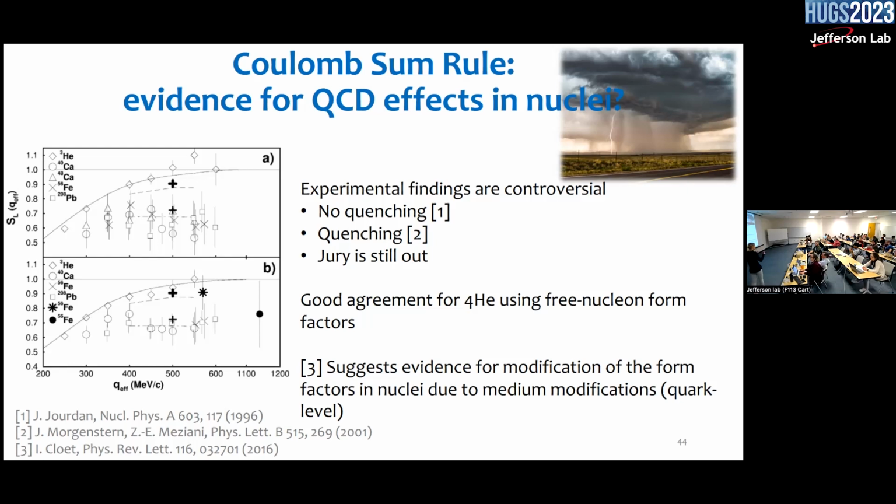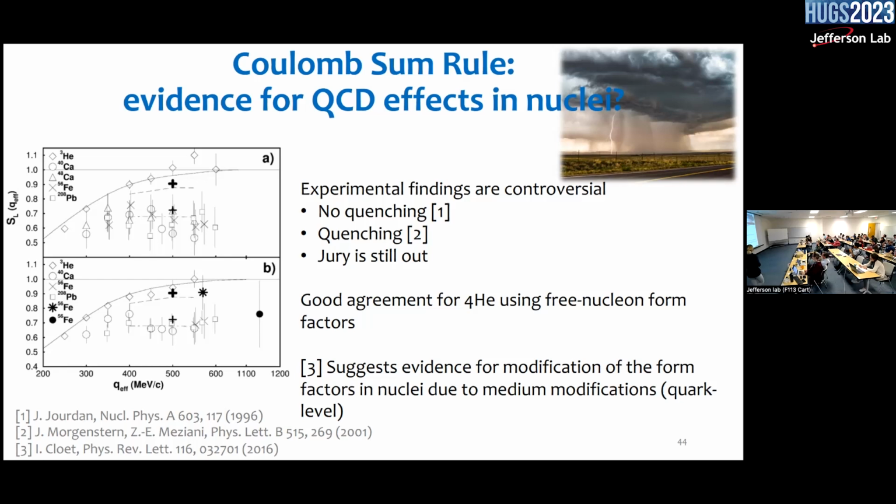So they're somehow different. That would be indicative of quark-level changes inside of a nucleus that we're not accounting for when we talk about a proton inside of a nucleus versus a free proton. So there's definitely, we'll come back to this discussion, but